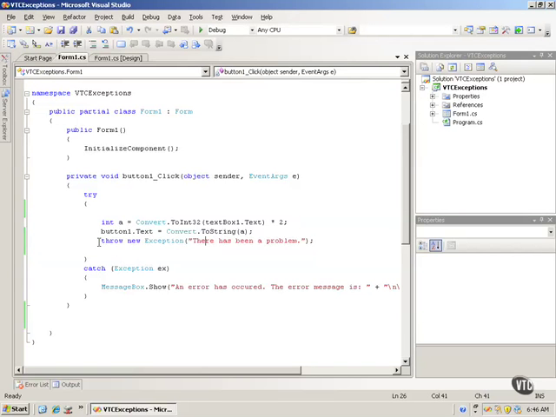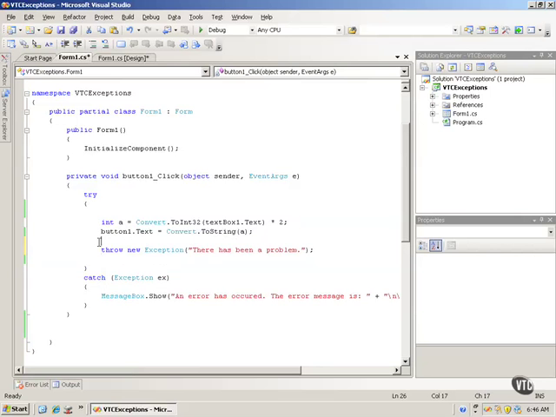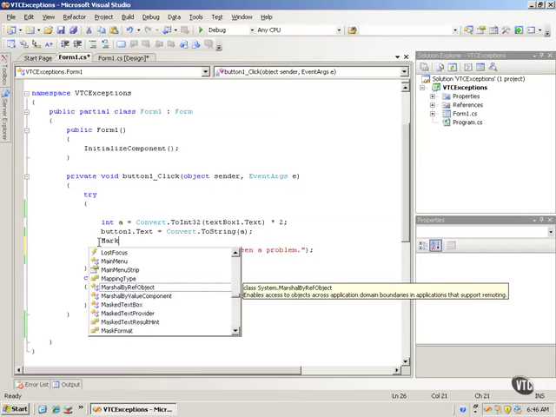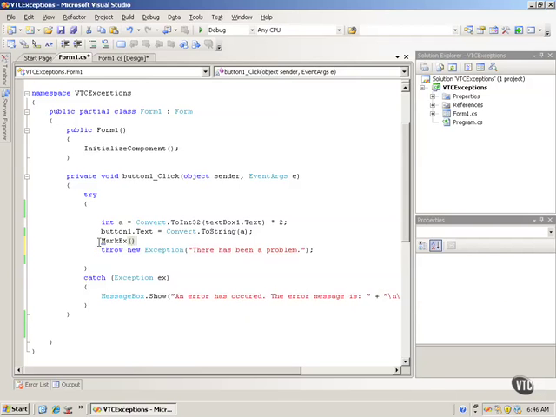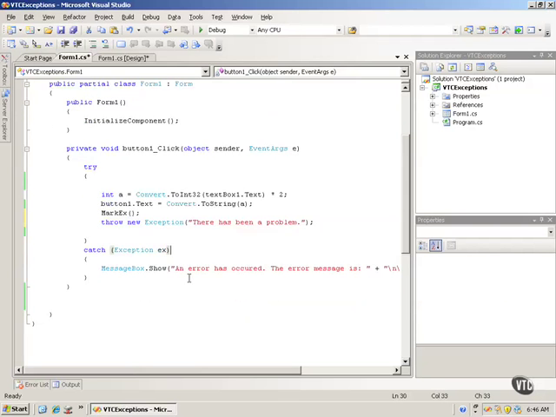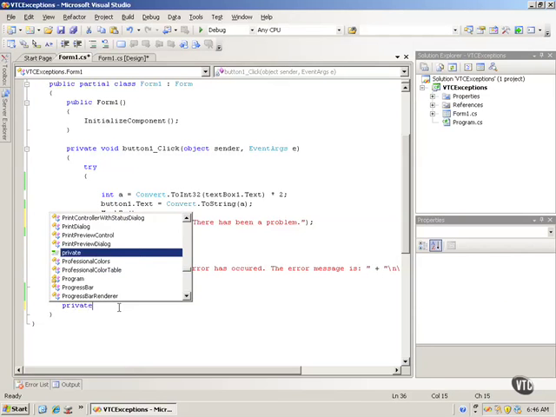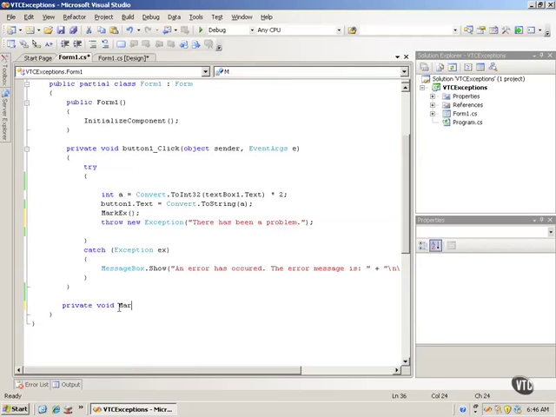But let's say that for whatever reason I make a call out to another function, and down here I will do private void mark ex, and then in my code block I will put this throw new exception. Follow along with me here, and then I will come down and close this out. Now let's say, to make this a little easier to understand,